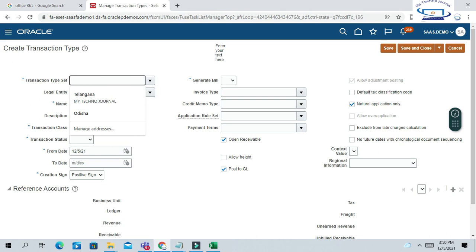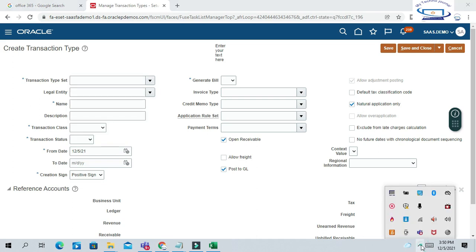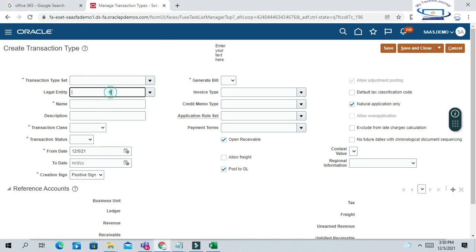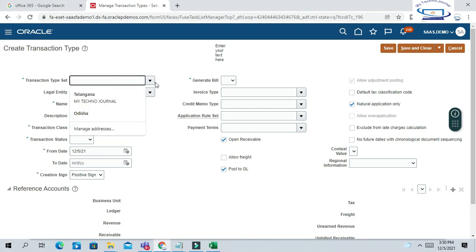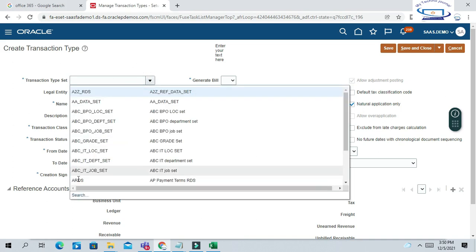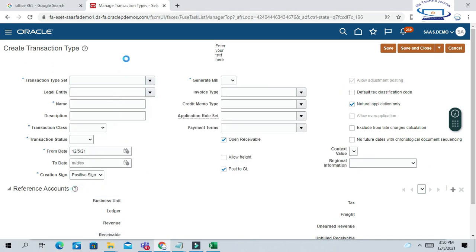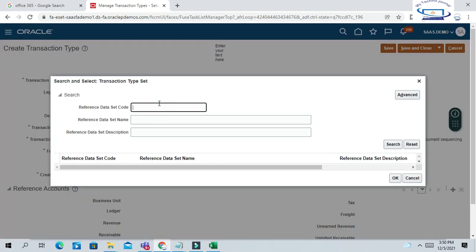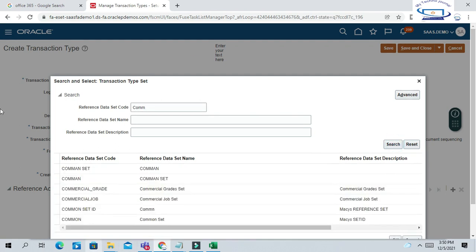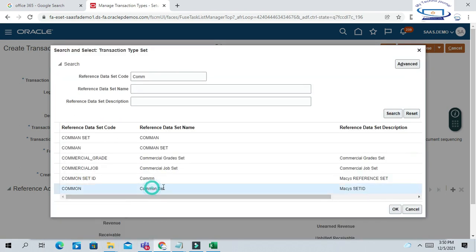For the legal entity, the transaction type set should be the common set, or we can take anything. I'm taking the reference data set here, the common set.